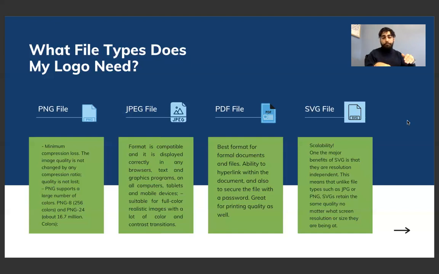Another great part of the PNG file that's really important that I'd like to highlight is when you're looking for that nice transparent background logo. So you might have a logo that has a white or black background with some nice colors and a great centerpiece with it. But when you're looking to translate that on print or on a poster, for example, that has a different colored background, you're going to want to use a PNG file that has a transparent background in it.